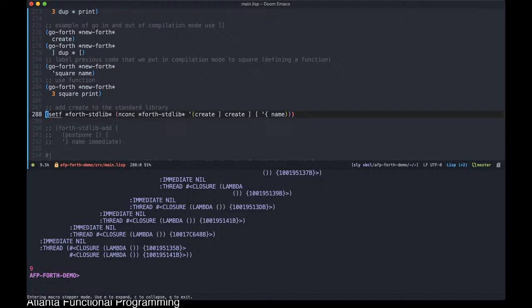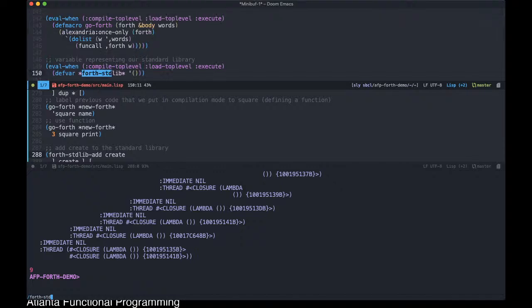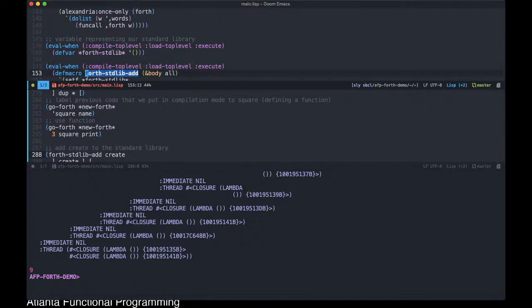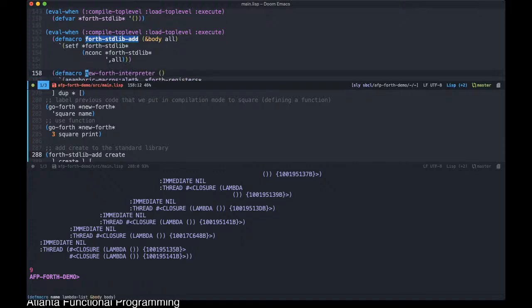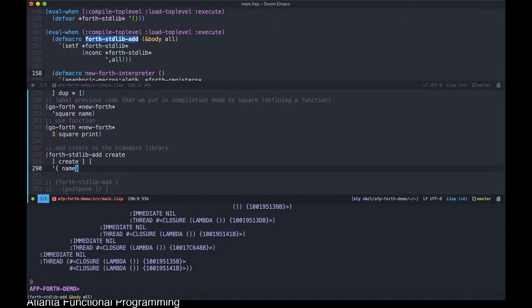In this case, what we're doing is, let me do this. This would probably be better. Forth standard lib. So let me just pull this guy down here. Okay. So what this is doing is Forth standard lib add is taking the body that we've just defined here,